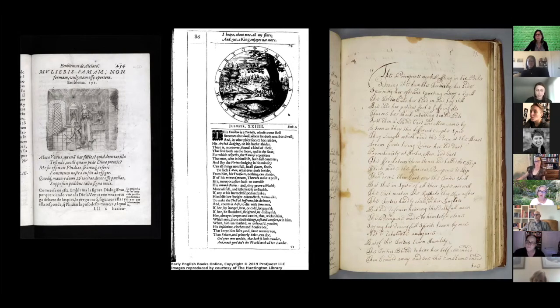In particular, the ways that they demand we think about how their different parts fit together, oftentimes in varying ways, in order to create and recreate their meanings. So just to finish up, I'd like to build on our conversation from last week by returning to Vin Nardizzi's call for us to think about the gerund toggling. The composite nature of emblems requires us to toggle between their different parts when we read in a way that encourages nonlinear reading. For instance, when reading Alciato or Wither's emblems, I personally immediately start in the middle